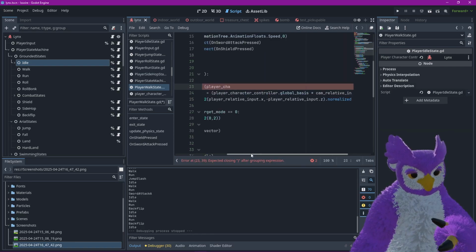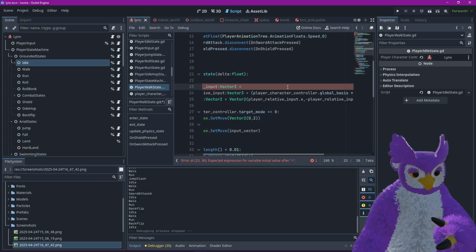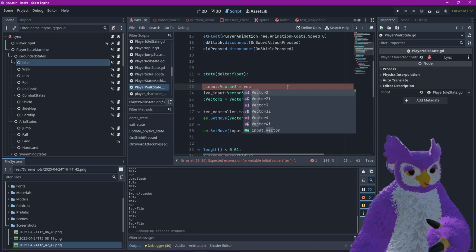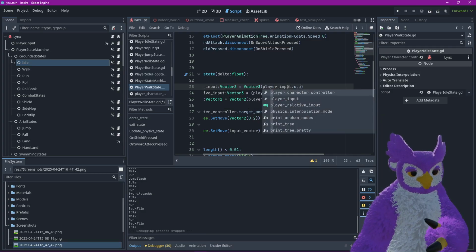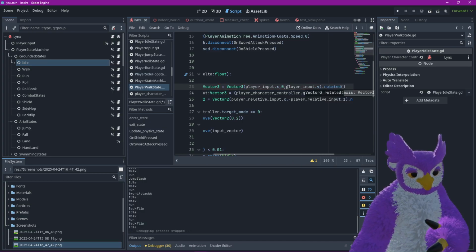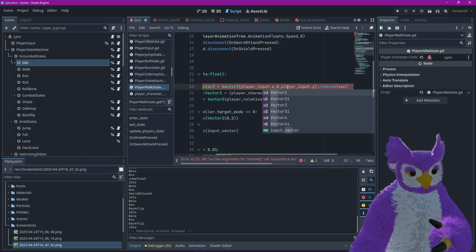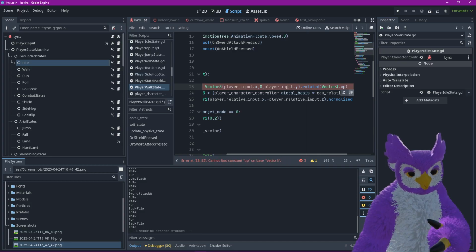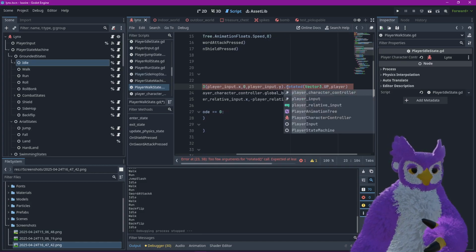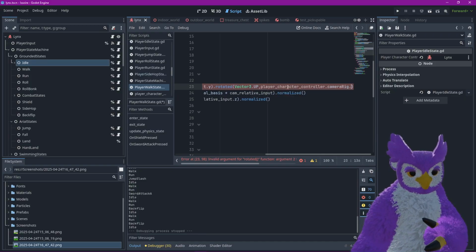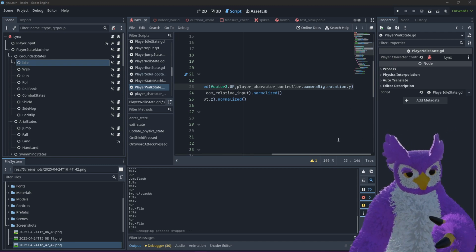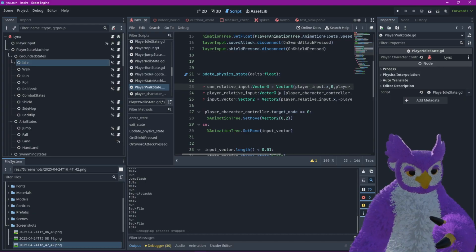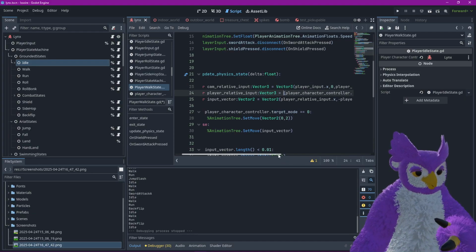Try something slightly different. Alright, so let's try rotated Vector3.up and player character controller camera rig rotation y. And then we do the same thing here, but